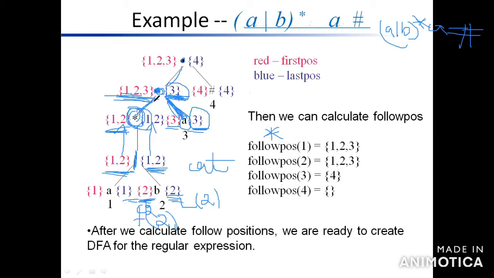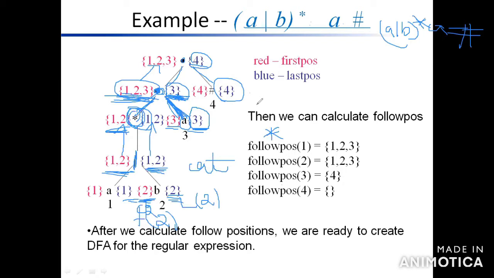You have to write the first position of C1 value. This is for the first position of C1. You have to write 1, 2. Here you can check the right child, the last position value of the right side. Hash symbol. Hash is nullable? It is not nullable. Only star is nullable. Then you write the last position of C2 value. The last position of C2 is 3, 4. So you have to write 4. Now you have a clear idea.